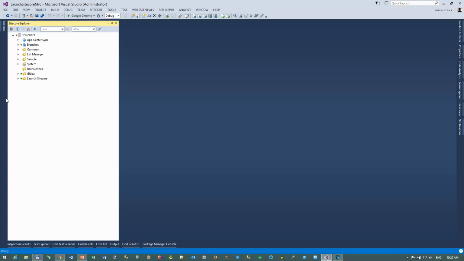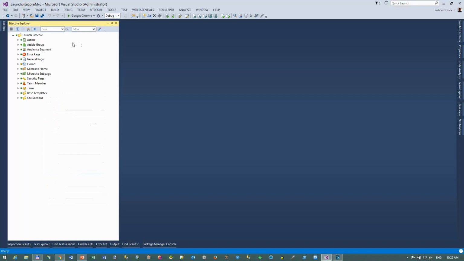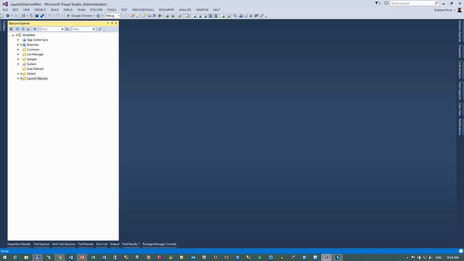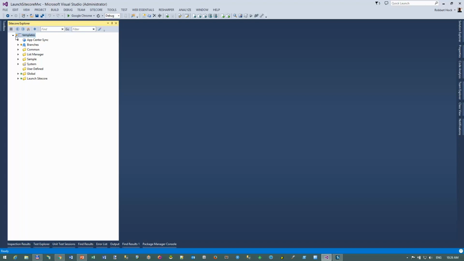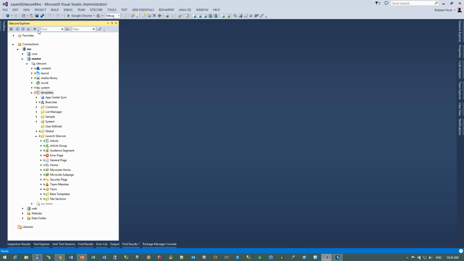So now I'm just working, hey, maybe I want to scope just to the launch-sitecore.net website. So with this functionality, we can now unscope. You can really limit what we're seeing here. No, that's not something that I want. Now actually unscoping this,